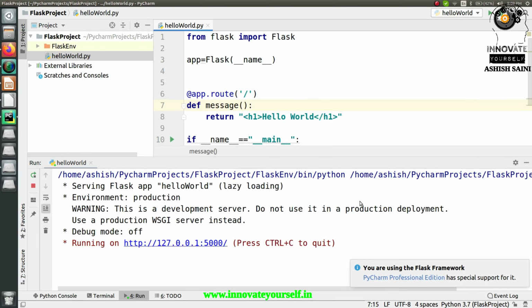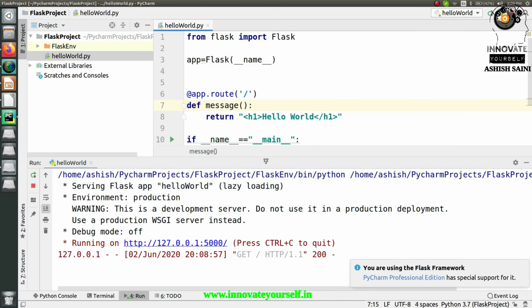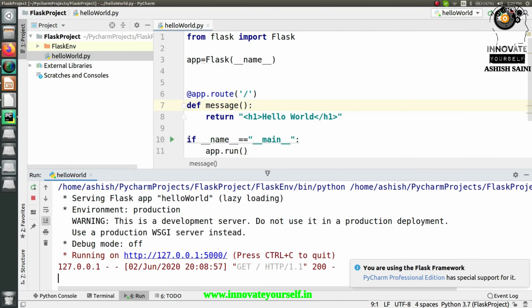Now when you rerun this again and refresh this page, you will see this time you are able to see the changes directly, hello world, right? So this is how you can build your first application, and accordingly you can see how you can create your web page with this Flask framework, right? So now you have seen how you can run this page, and also you have seen that you have to stop the program every time you want to run it.